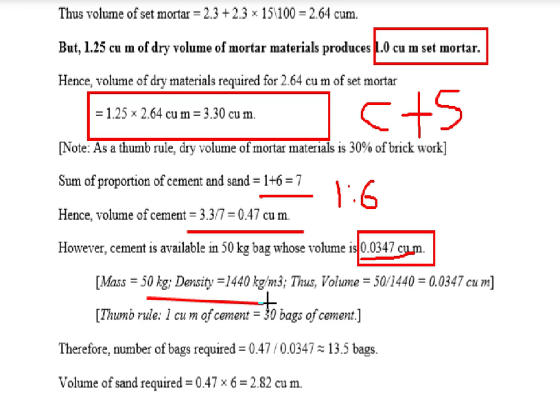For 50 kg, the density is 1440 kg per meter cube. Thus the volume is mass in kg divided by density, 50 divided by 1440, so that's why 0.0347. You all know that